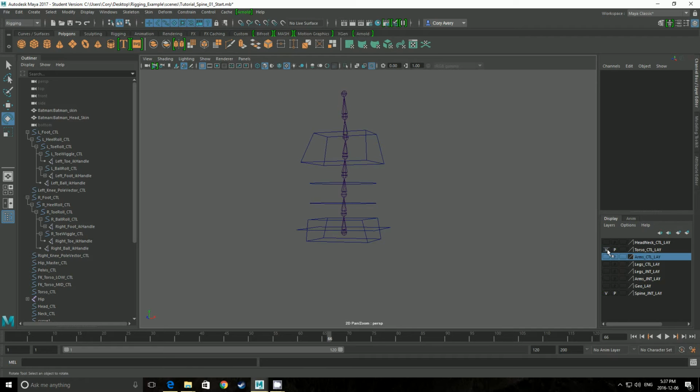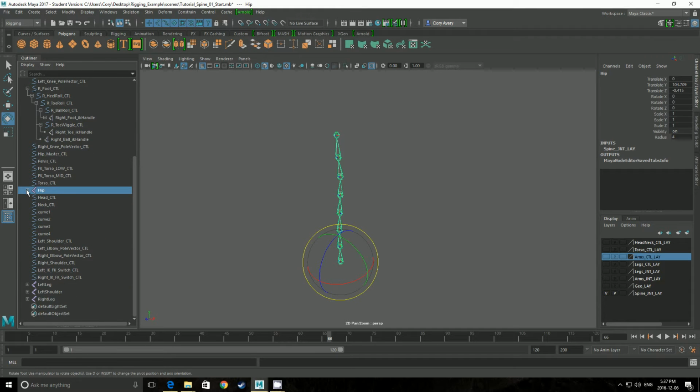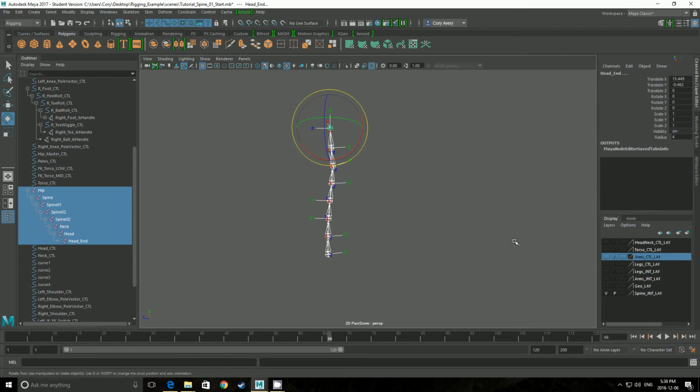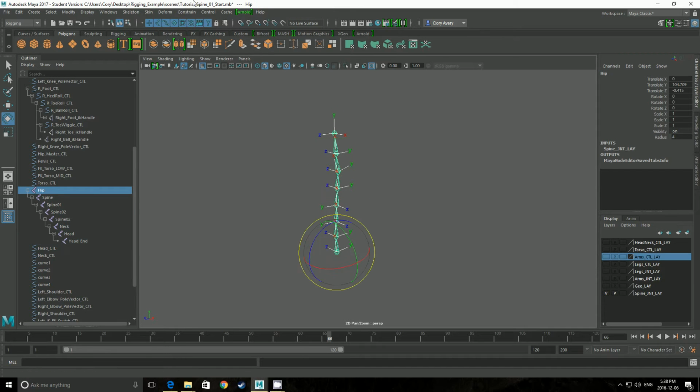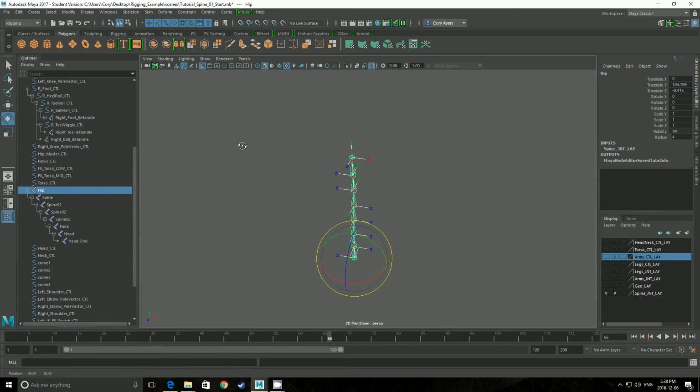So I'm going to hide the torso control layer, and I'm just going to leave the spine joint layer visible. And just like I did before, I'm going to scroll down here, shift click on the hip to expose the entire spine chain, and I'm going to display my current pivots. So transform display, local rotation axes, and just like they were before, they are all over the place. So I'm going to use the same tools I did previously to see what I get,